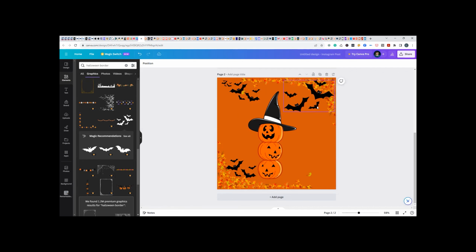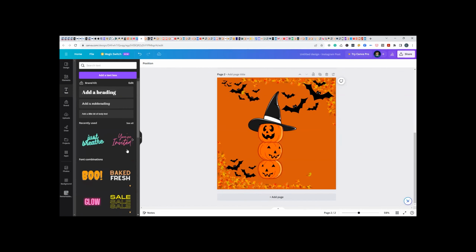And it depends too what your event is for. If it's for a Halloween party, bunco, just to get together, a lot of it depends on what your event's going to be about. I'm going to leave the bottom here blank. We're going to add some text. So I'm going to go to my text menu now. And I'm just going to pop something in that I know is not going to work. This is not what I want to say, but